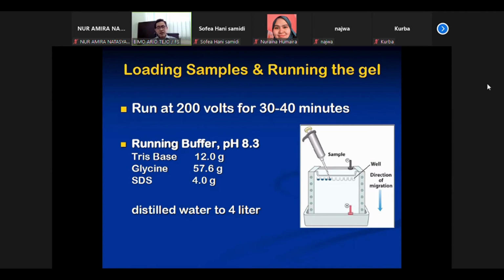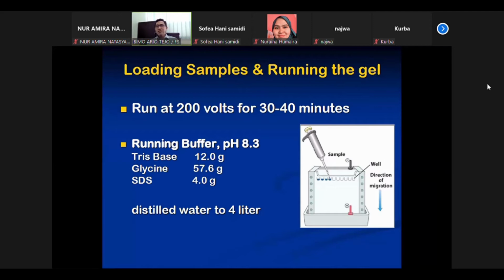So kita tak letak SDS, kita tak panaskan. We don't heat the sample. Ya. We run native page not to see the size of the protein, bukan. Kita run native page to see ada berapa protein dalam tu. Itu je. Ya, selalunya kalau dulu-dulu when I did my PhD, I run native page before I run SDS page, untuk tengok protein tu ada tak dalam tu. Alright. And then once I know that the protein is there, and then I run SDS page.